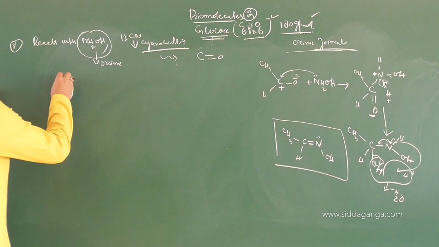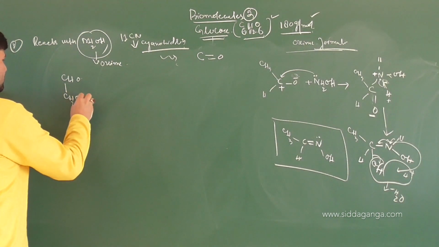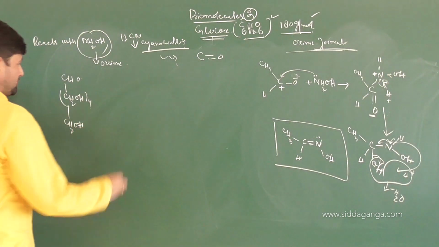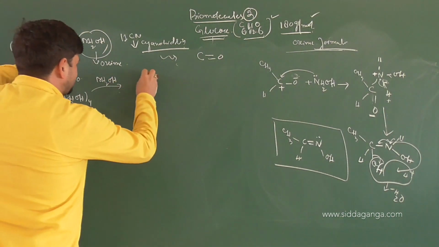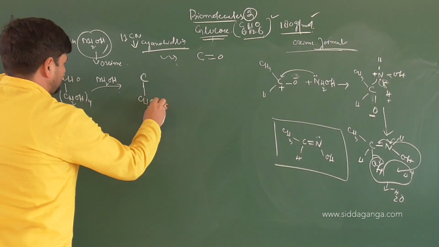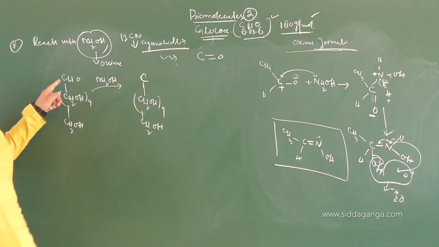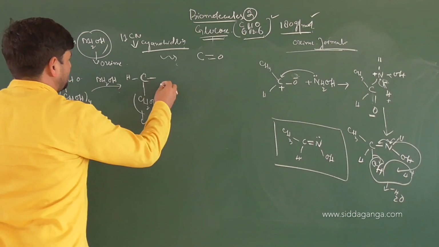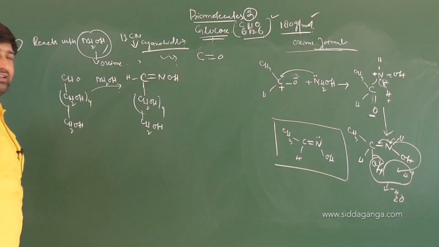So structure wise, if you draw it, children, it will be CHO, the aldehydic part, CHOH 4 times, then you have CH2OH. So if you treat this with what? NH2OH, you will get C, then this group attached, CHOH 4 times, and then CH2OH here. Then CHO and NH2OH, what's the link you are getting? CH, then the link is a double bond to N, you got OH. So around this, it can be in the form of syn or anti.